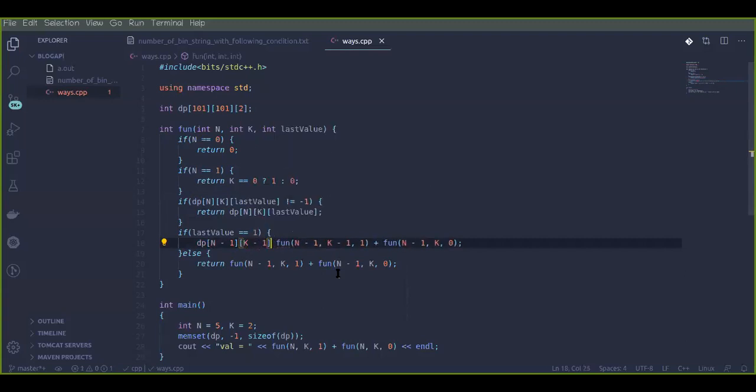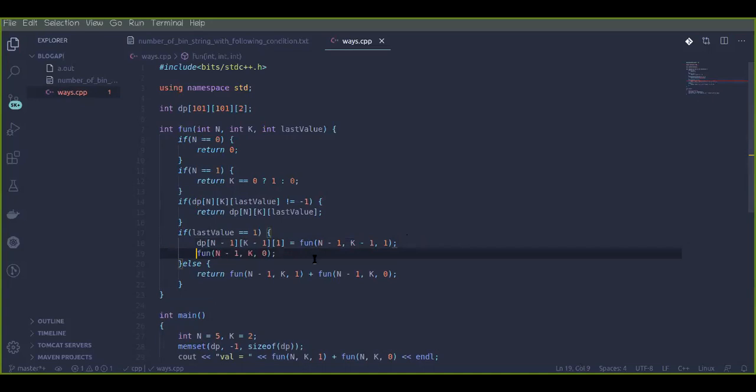Cool. Here I want you to understand that the third parameter I am passing right now in this function is not defining the last value of the previous binary string. Instead, it is defining the last value of the next string, I mean, what the next string could be.